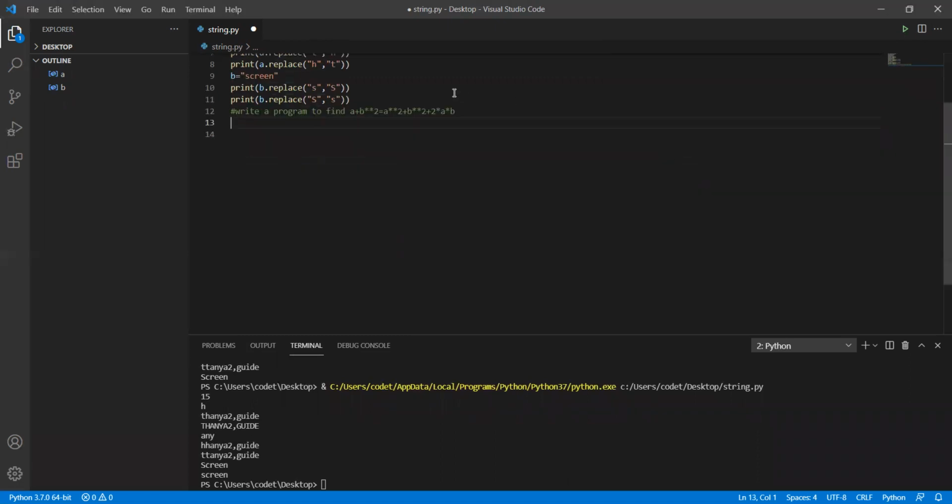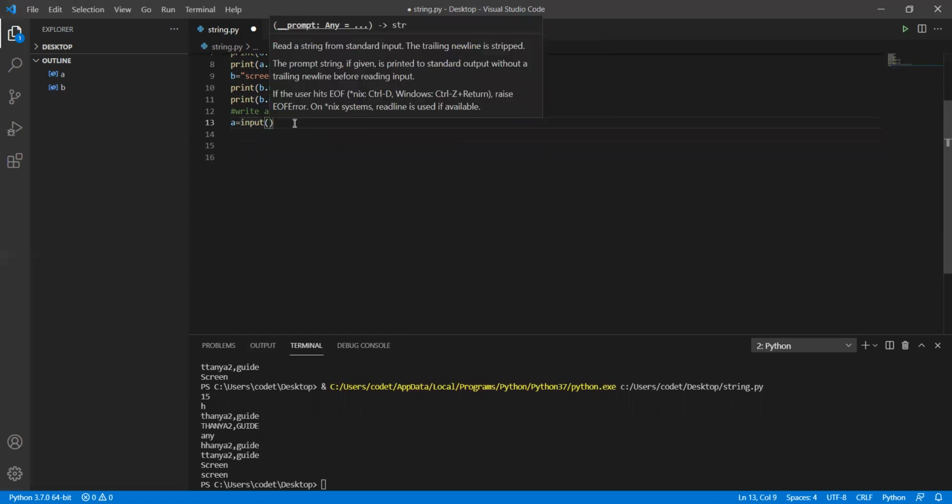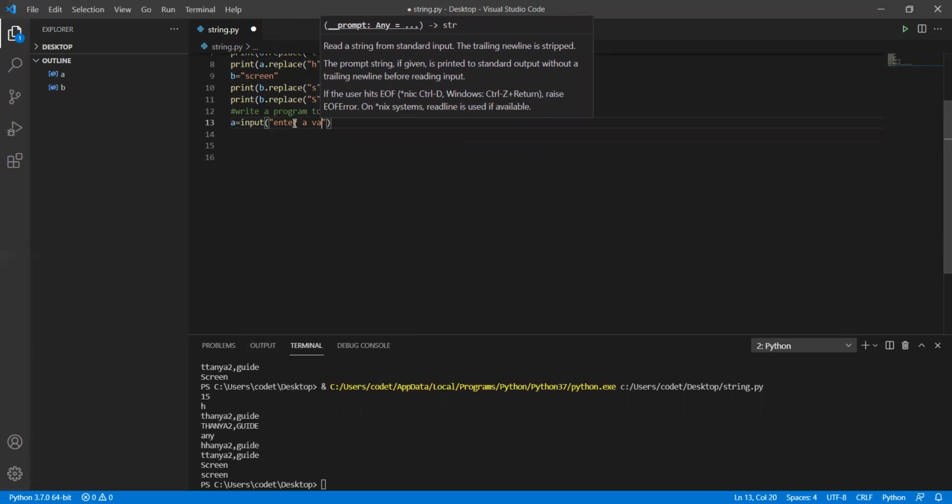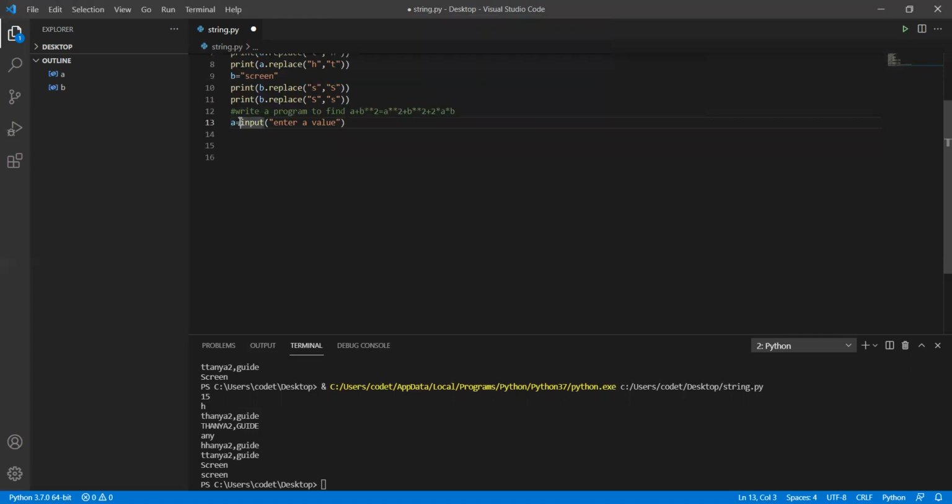In order to make it work, we need to declare a variable, a equals input, enter the value of a. You might doubt why we don't just write input.